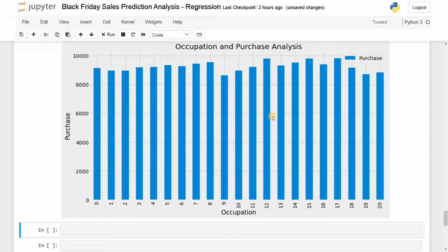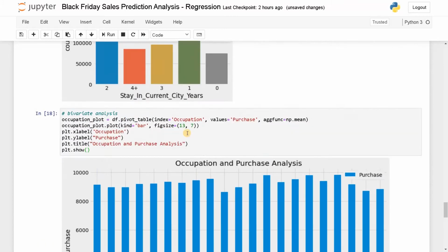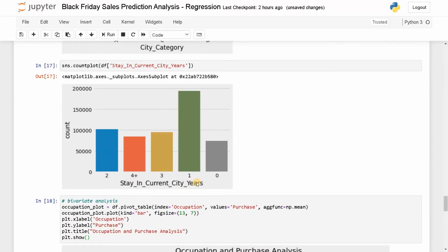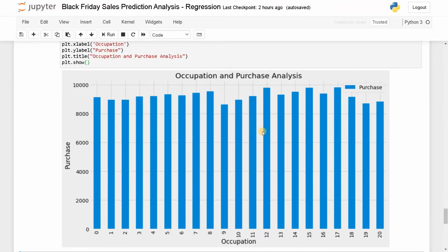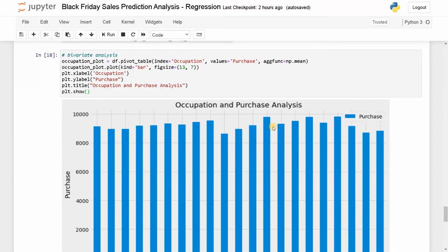So we have a chart here. This is a good pictorial representation. We have the title, x-axis and y-axis. Even in the previous chart also, you can change the x-axis and y-axis. So this is like a representation that you want to present in front of others. So I recommend you use these labels.